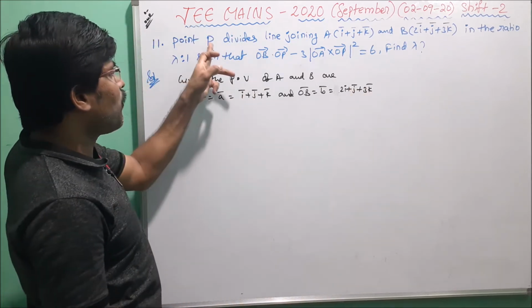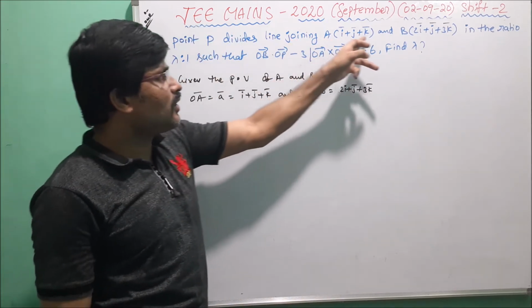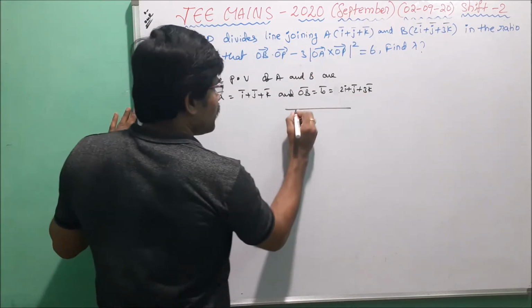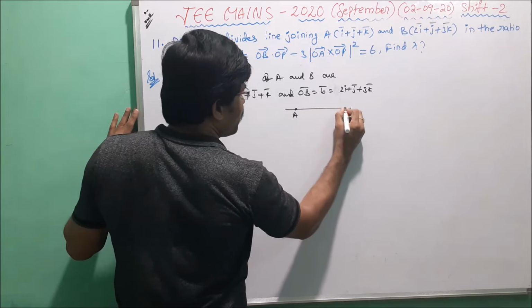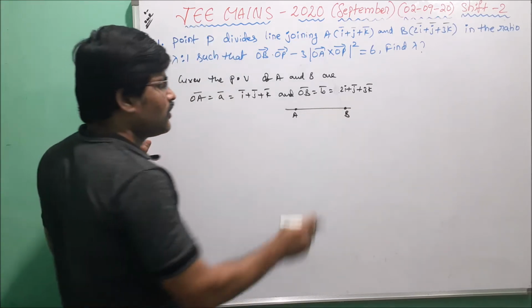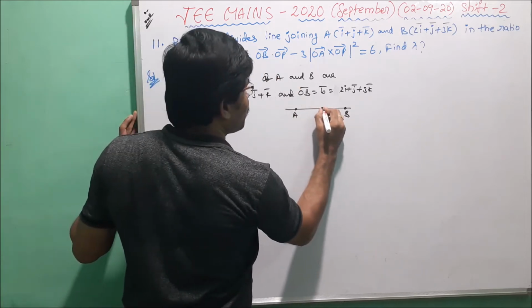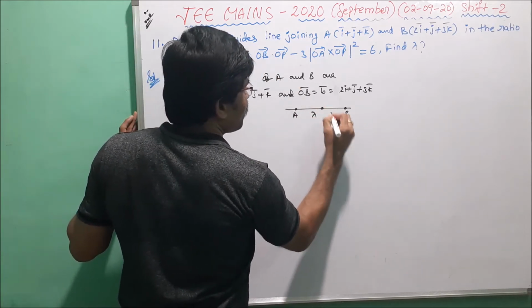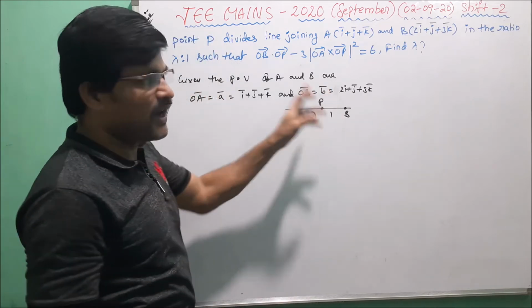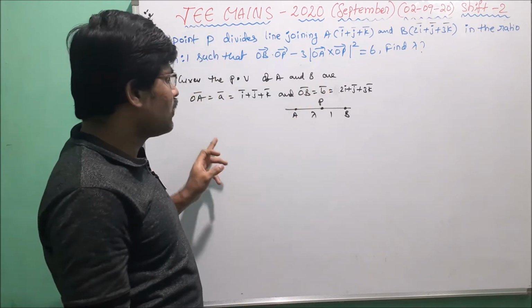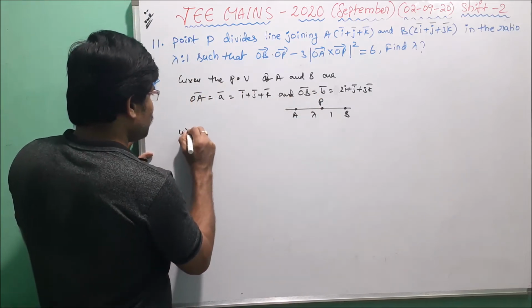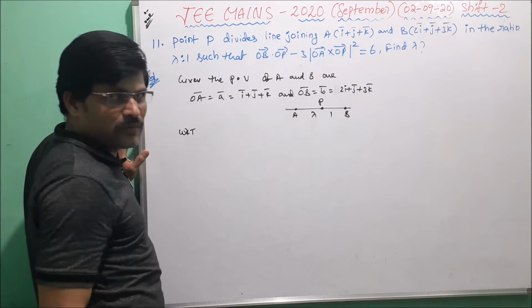Here, given the point P divides the line joining points A and B. Here we take one line. This is the point A, this is the point B. These two are position vectors. Here the point P divides AB in the ratio lambda is to 1. This is P. First of all, we calculate the point P, that means we find the position vector of P. We know that using the section formula,